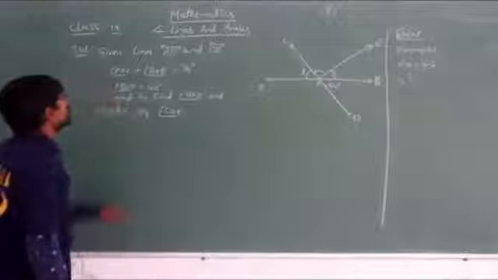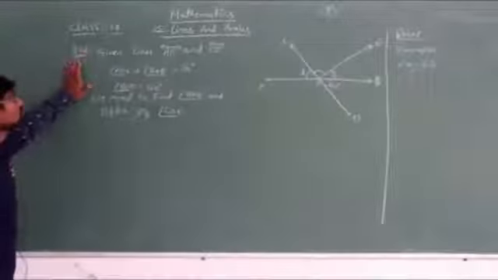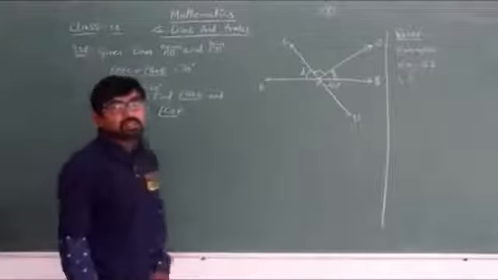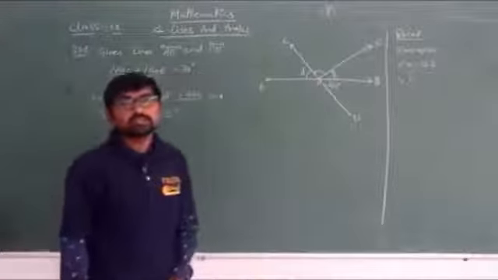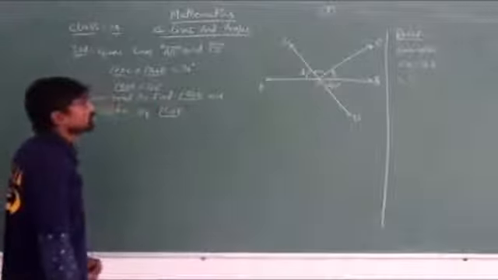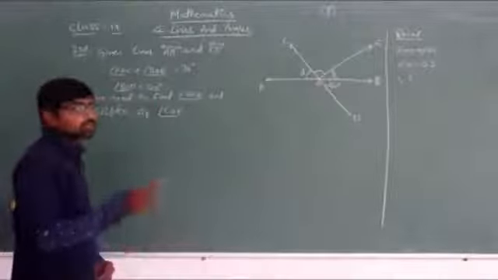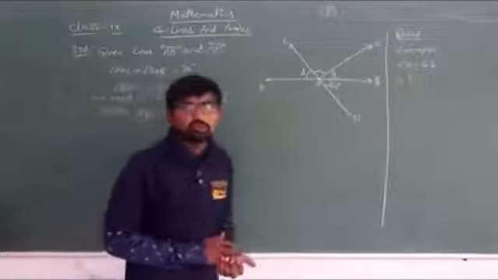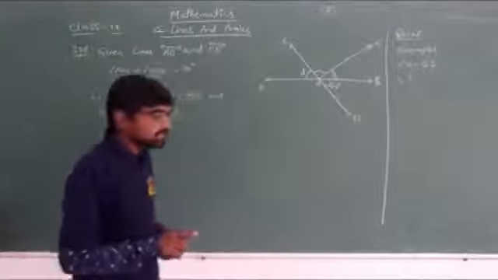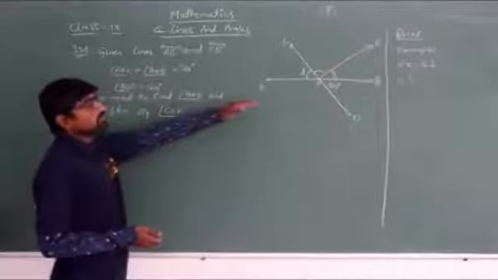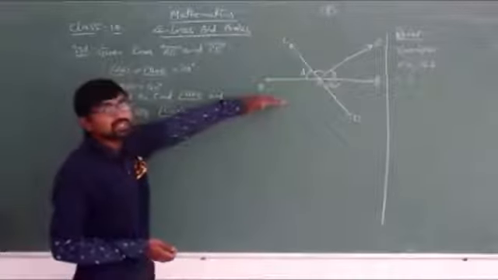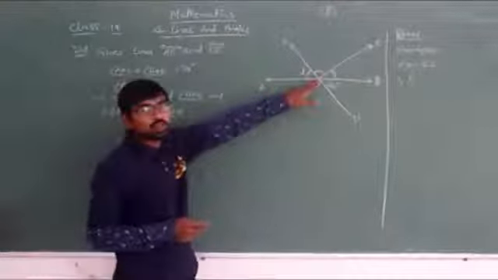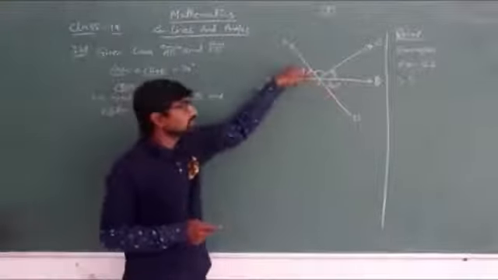Today we are going to discuss the third problem, the one given in question number 3. I didn't write the question here, I have directly written what is given in the question and what we need to find, okay. Here we have a simple figure. In this we can see two straight lines intersecting at a point.